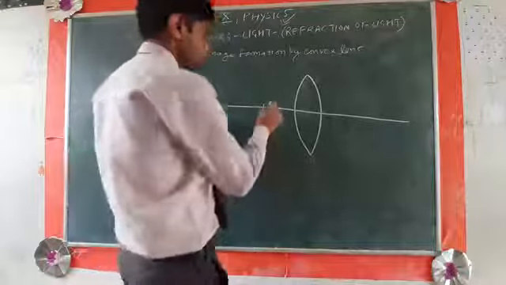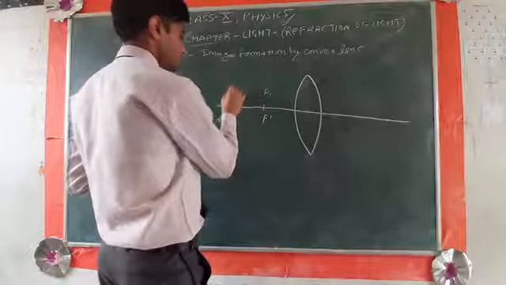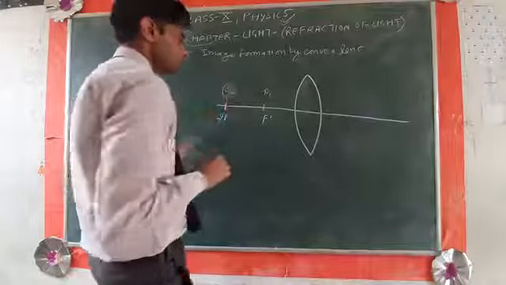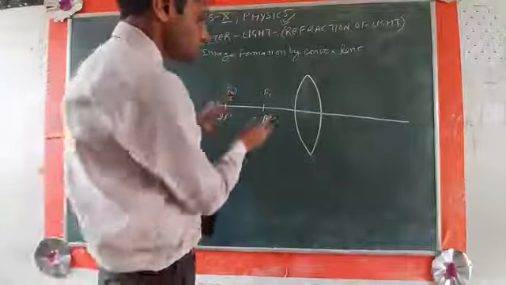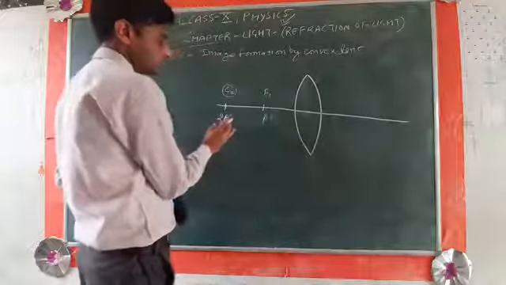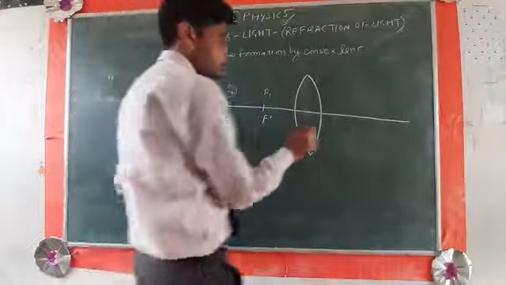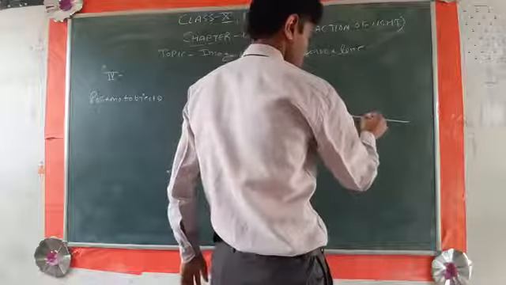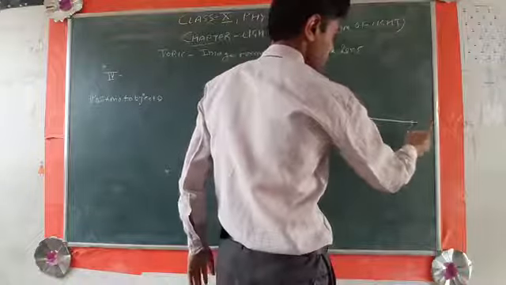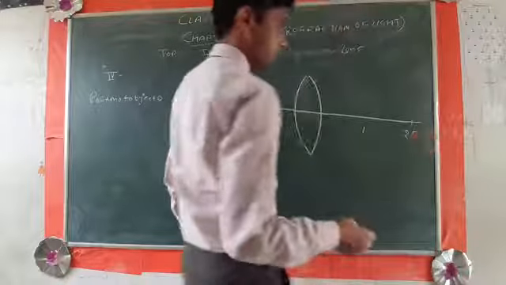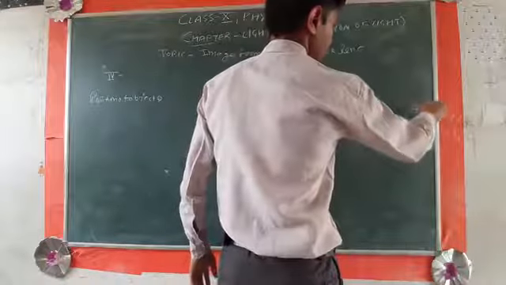As you know, this point is also known as f1 and c2 that I have used in a previous video. So you can say this point is f dash and this is 2f dash. Okay, and the focus point is at f and double of focal length is 2f. This point is f2 and c1.